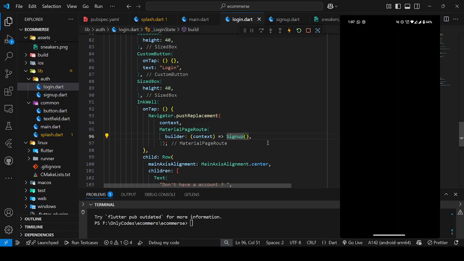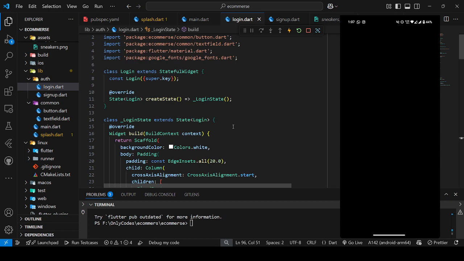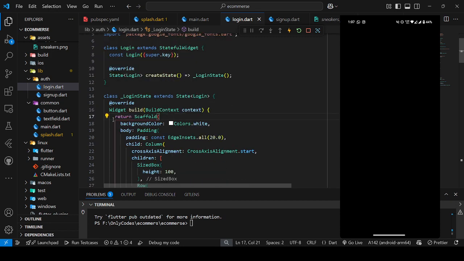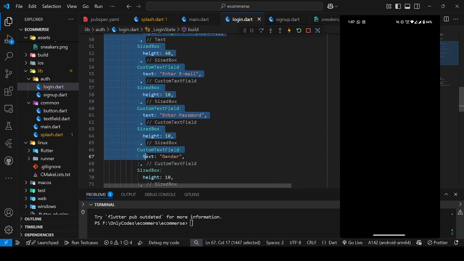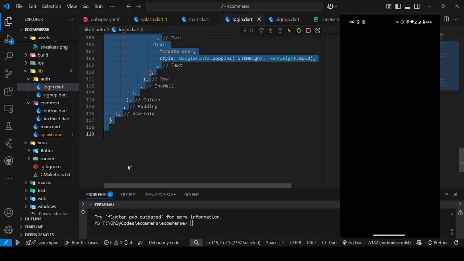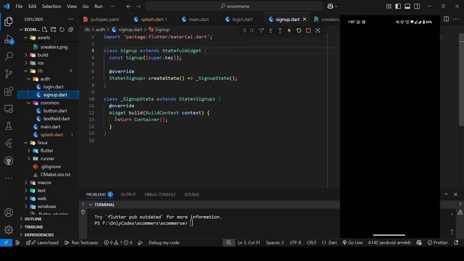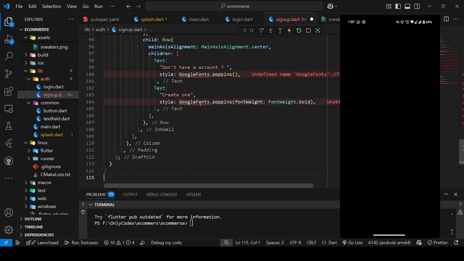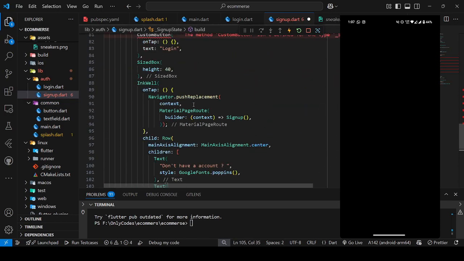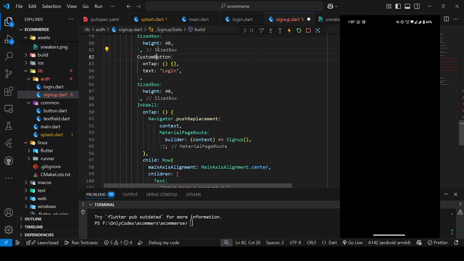Here we came. तो ये काली इसलिए दिख रही है क्योंकि अपन ने यहाँ पे कुछ डिजाइन नहीं किया. तो simply what you have to do, just copy that whole scaffold and go to your sign up screen and just paste it over here and import some of the packages which will be important,